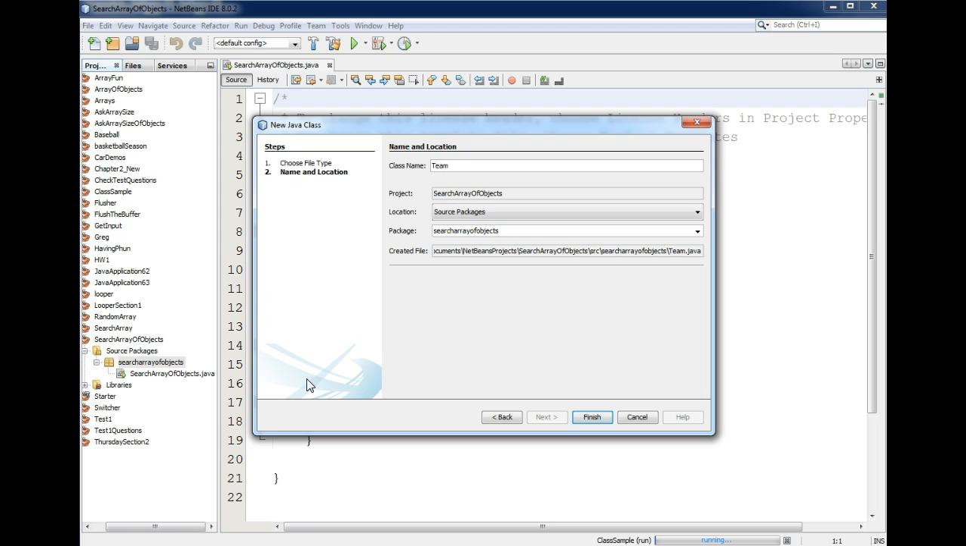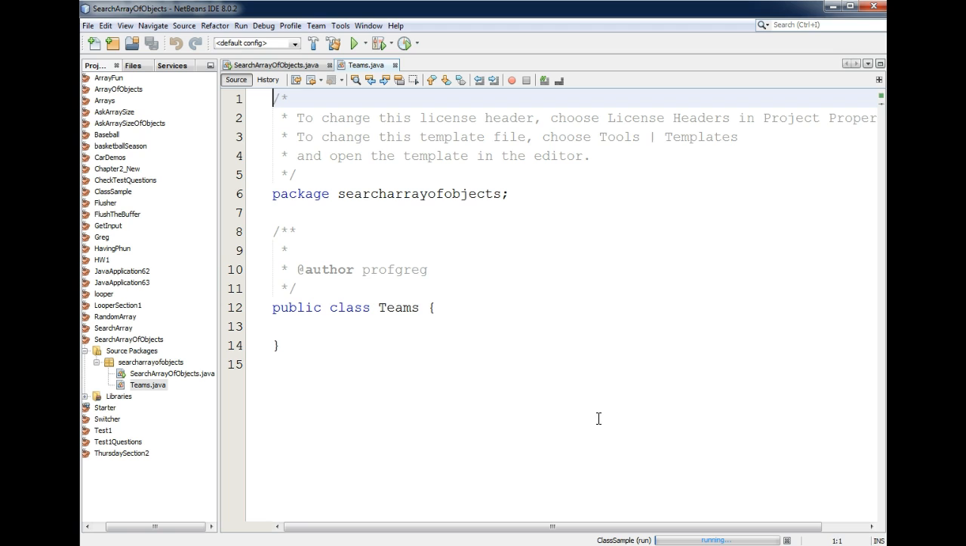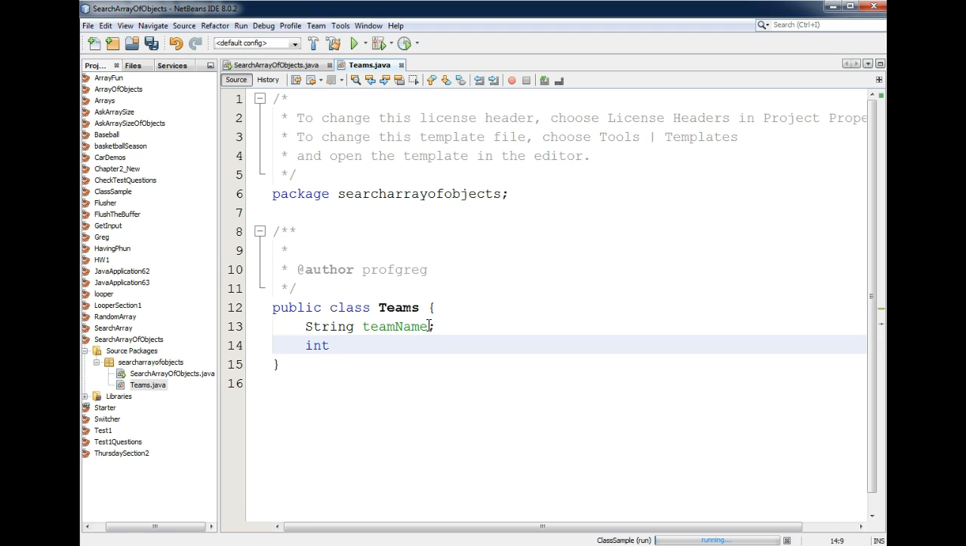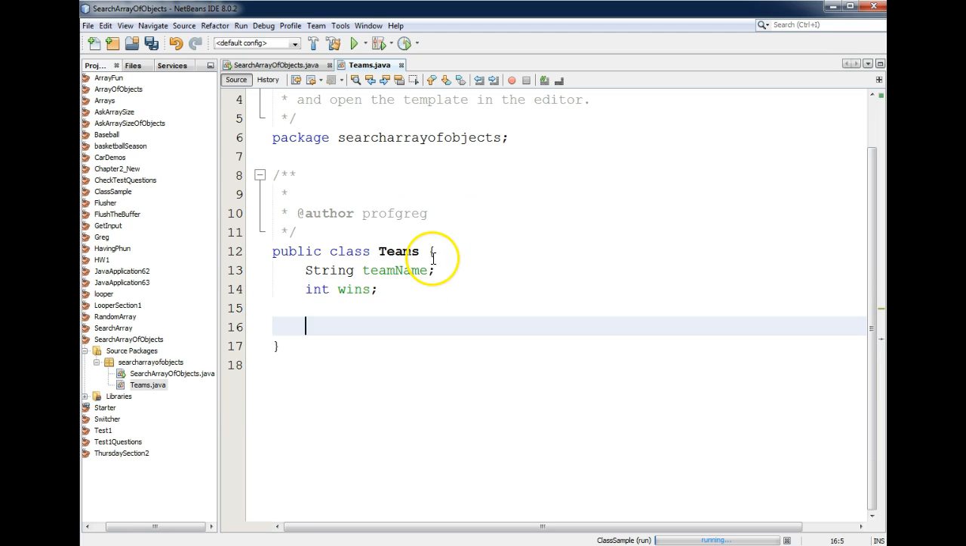Team, and I'll click the word Finish, and then I'm going to give it an attribute. I'll call it String teamName, and int wins. And while I'm in here, I'm going to go ahead and create